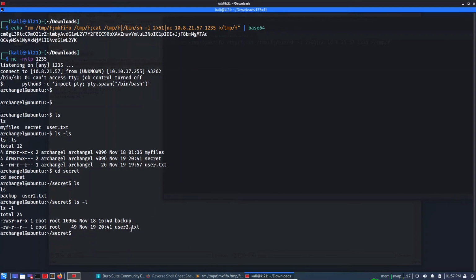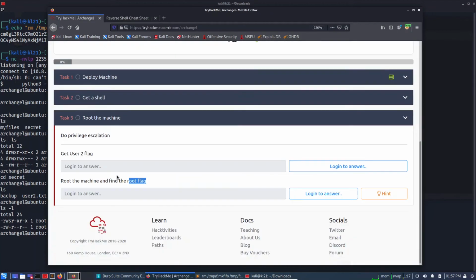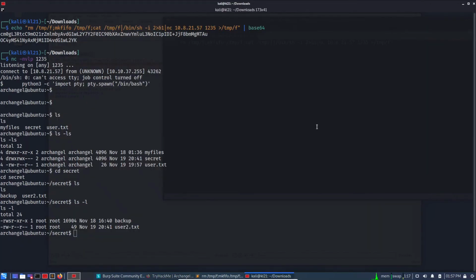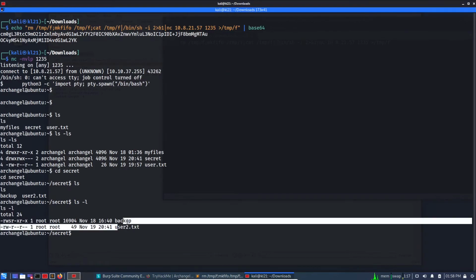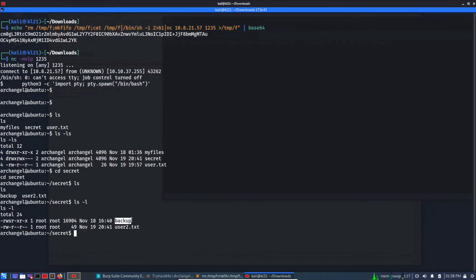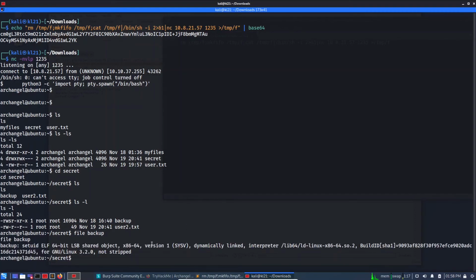So this is our flag, probably the user2 flag, and then we need to just escalate our privilege and check the root flag. So this backup thing, let's see, what is the file type? File backup. So this is basically